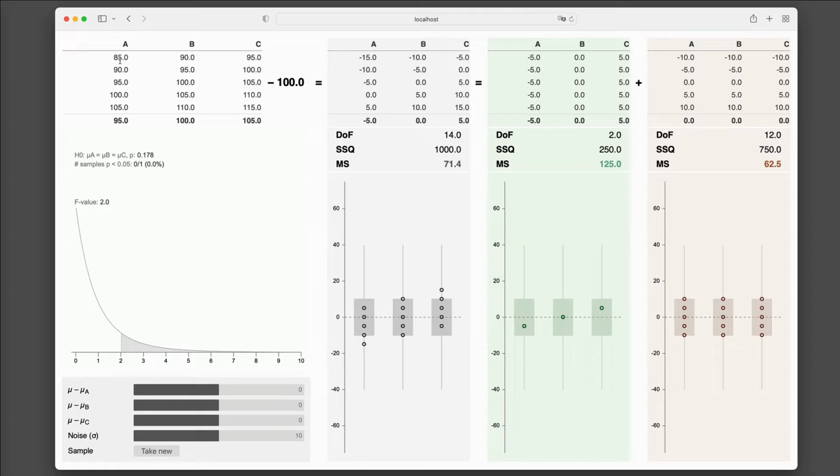What does independent mean? It means that if I remove this 85 and keep the other 14, I cannot compute 85, because they are independent. There is no relationship that brings all these values together. But now, because I computed the average and subtracted the average from these 15 values, I don't have 15 independent values anymore